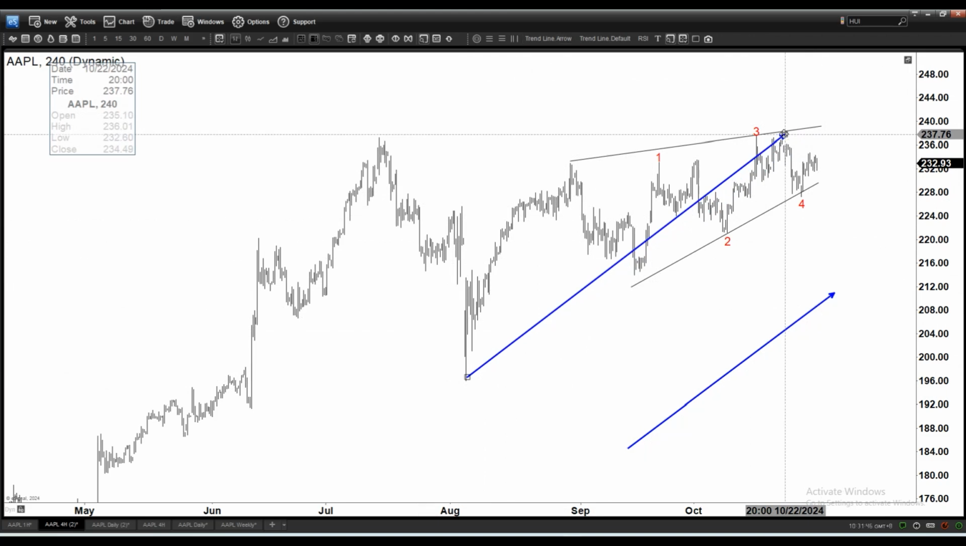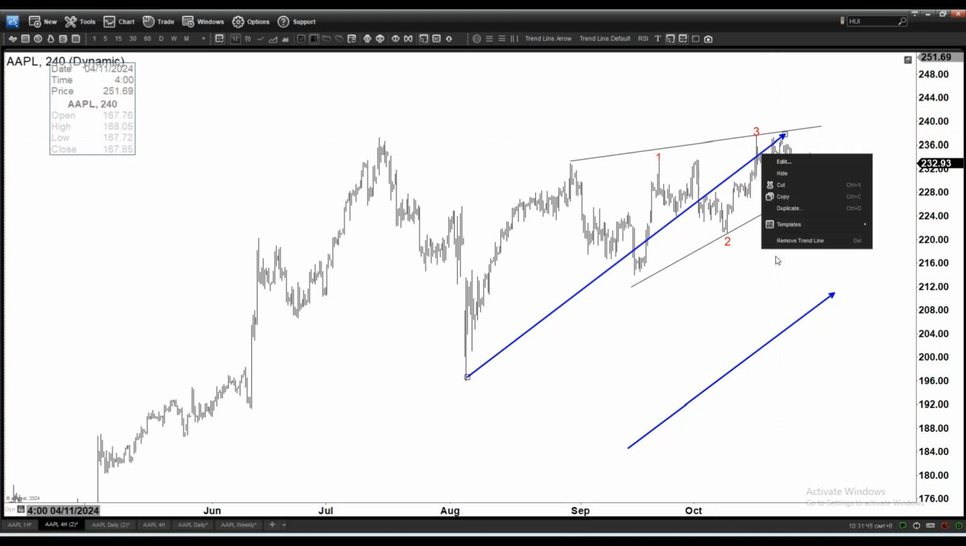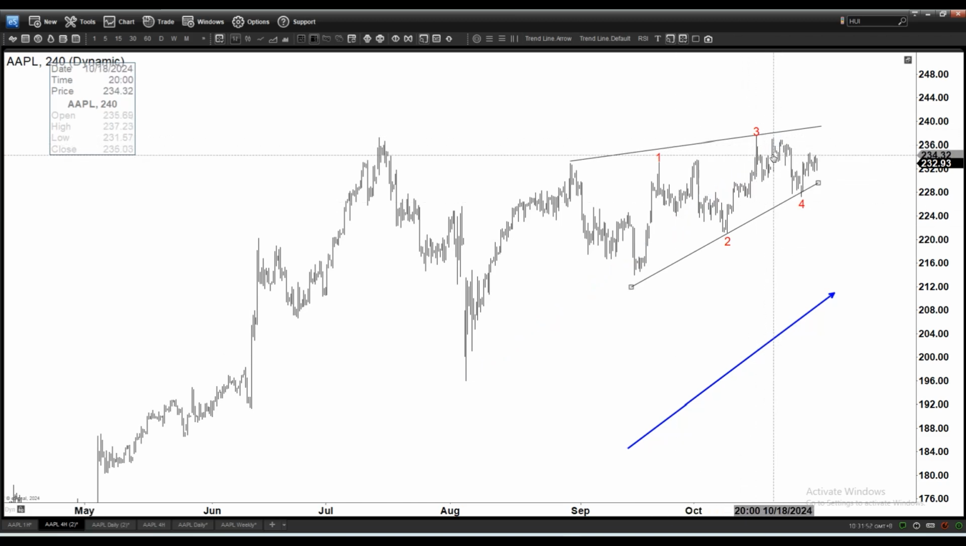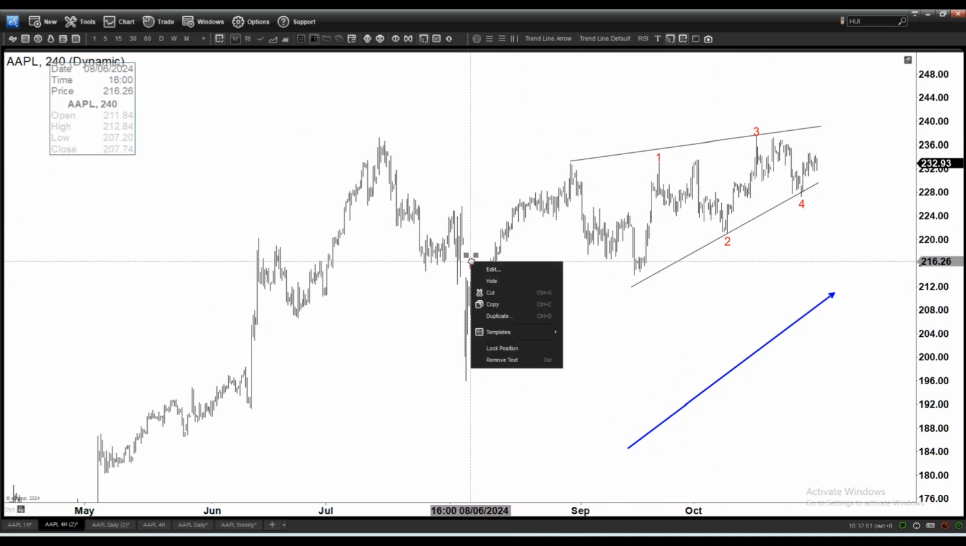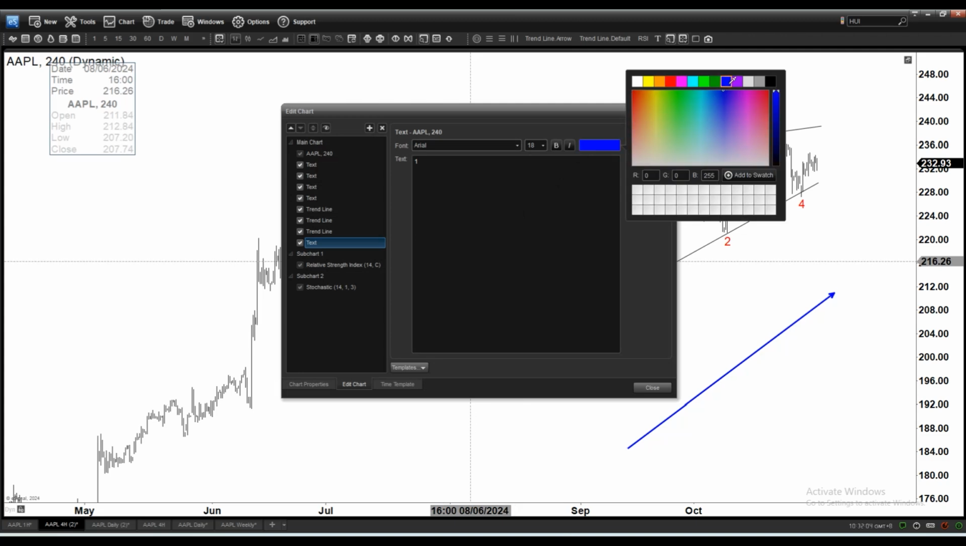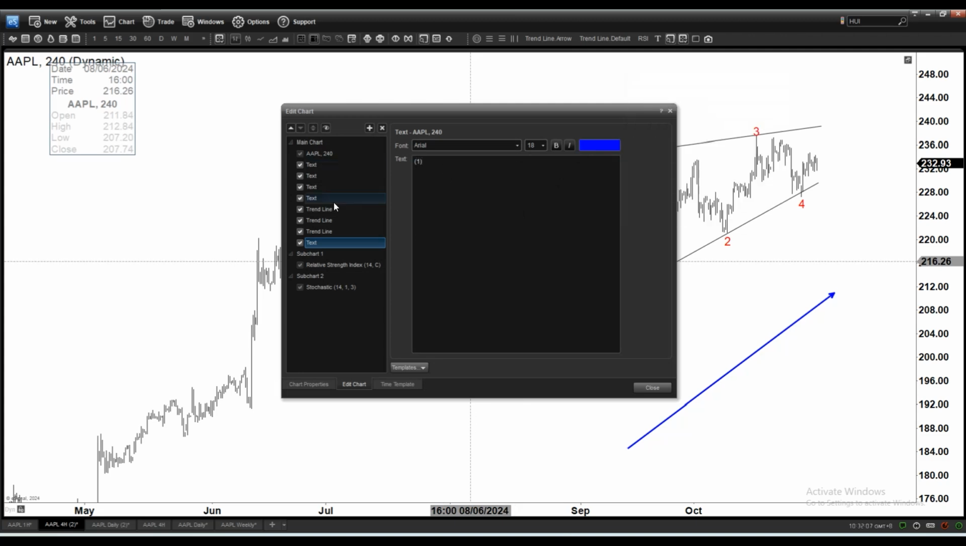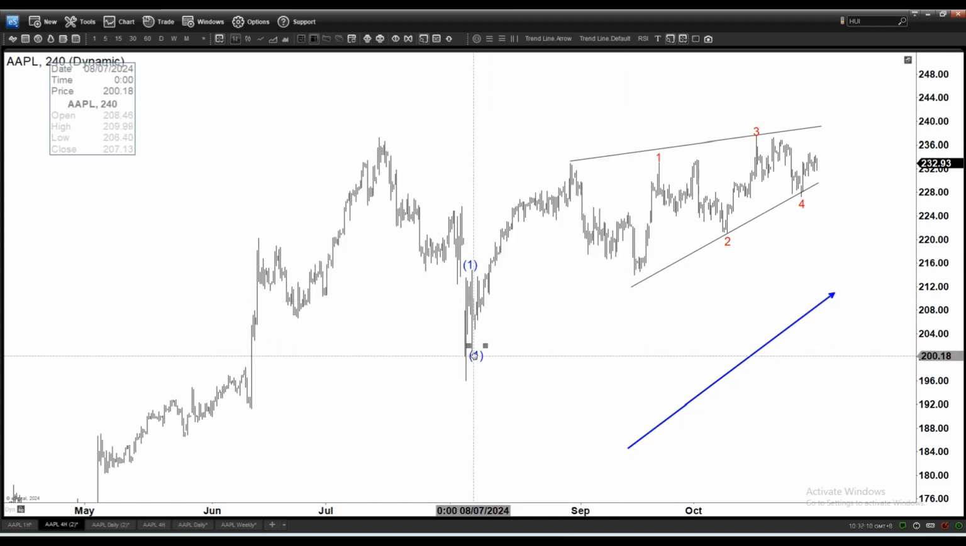Now the second option, which is what we are showing here as the sort of primary view, is that this move up here can be counted as a 1, 2, 3, 4, 5. So you can see this one is a higher degree, intermediate degree 1, 2, and then this is your 3 and a 4. Right? And so if that's the case, then that means